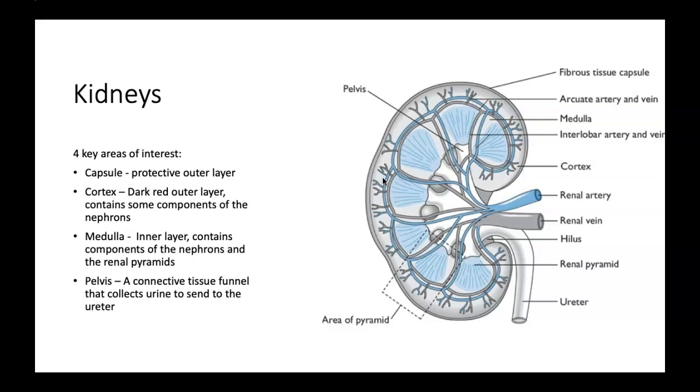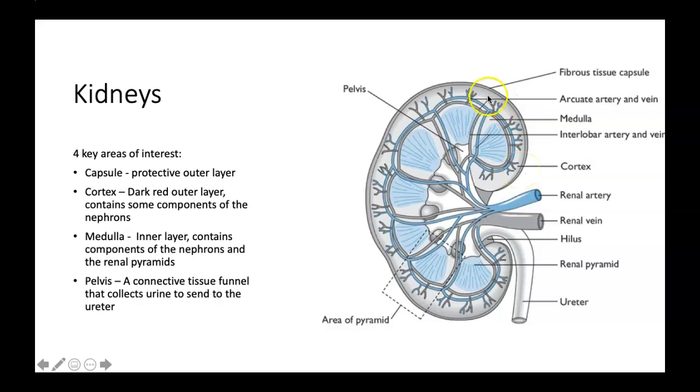So looking at those four main components, the capsule is the outermost layer of the kidney. So it's a fibrous tissue capsule that maintains the kidney's shape and structure. And then we have the cortex, which is this area here, which is the second outermost layer. So we've got the capsule, which is a thin membrane. The cortex